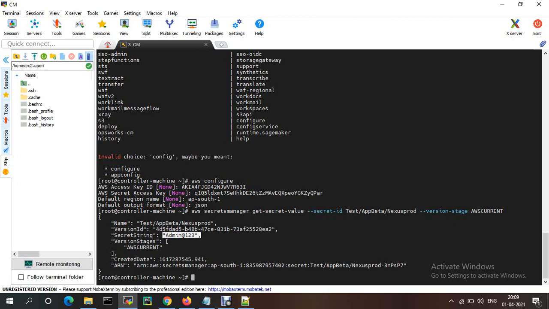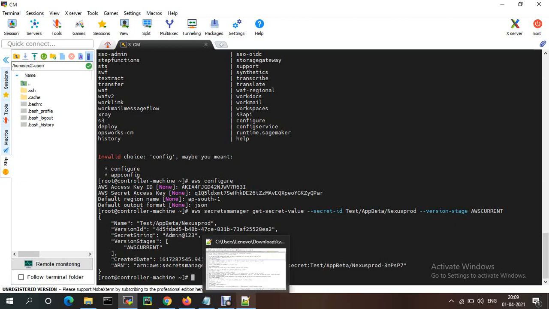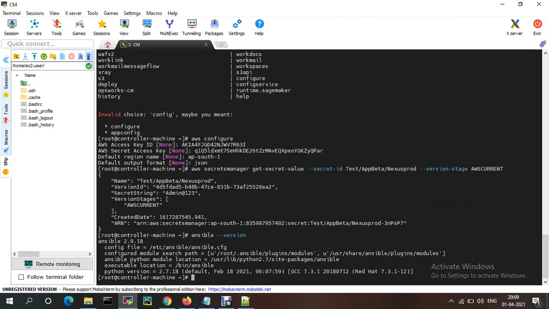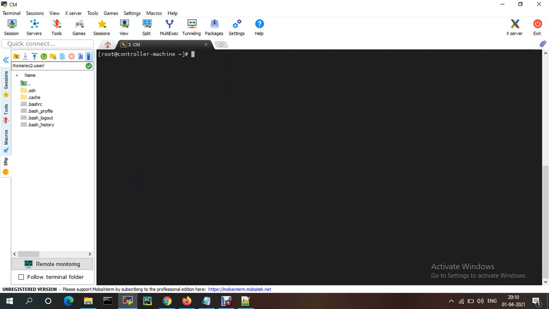Now this we need to achieve from Ansible. Same thing, if you need to access the Nexus password or SonarQube password, how? We need to write a playbook, and from the playbook we just need to access that one. Currently Ansible is installed on this machine, I already showed you the Ansible install, so I'm just accessing from this machine only.